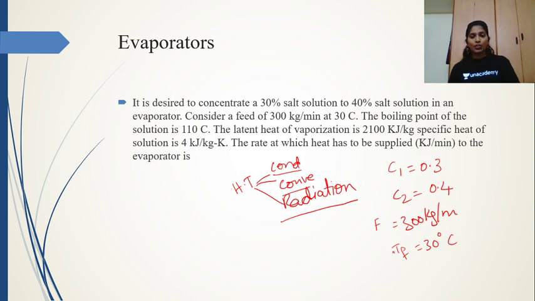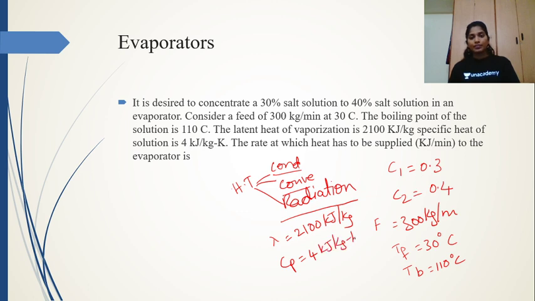The boiling point of the solution is 110 degrees centigrade, the latent heat of vaporization lambda is 2100 kilojoules per kg, and the specific heat of solution is 4 kilojoule per